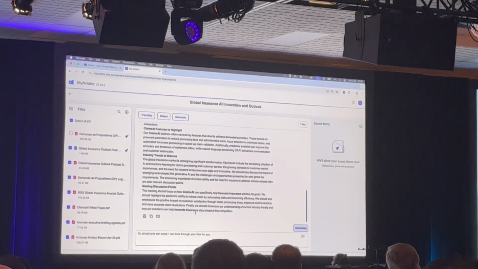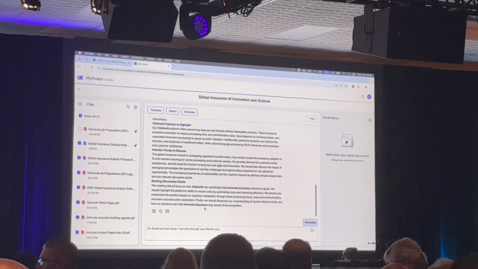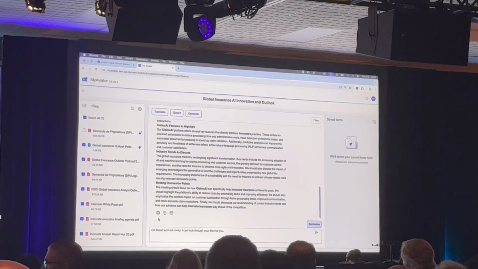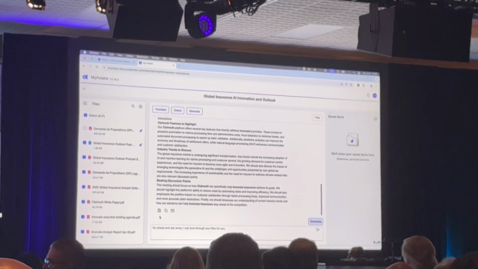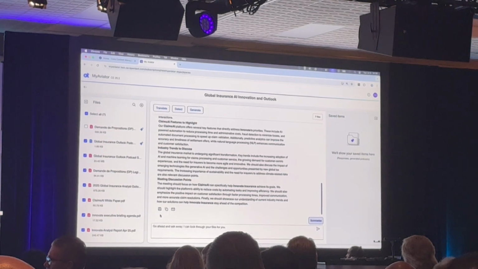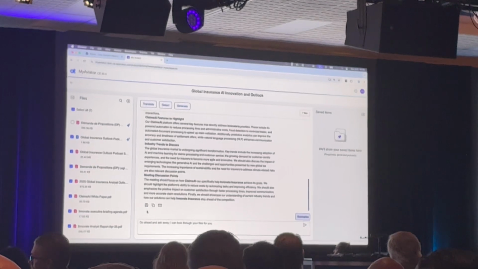And this could apply to literally any other scenario. You might be in field maintenance and you want to pull together a bunch of documents and learn about the manual for what you're repairing, and now you can do that in search and summarize. You might be in engineering and you want to learn about MCP and the whole new agent-to-agent communication protocols. I can go and grab some stuff off the internet, put it into My Aviator, and learn from it